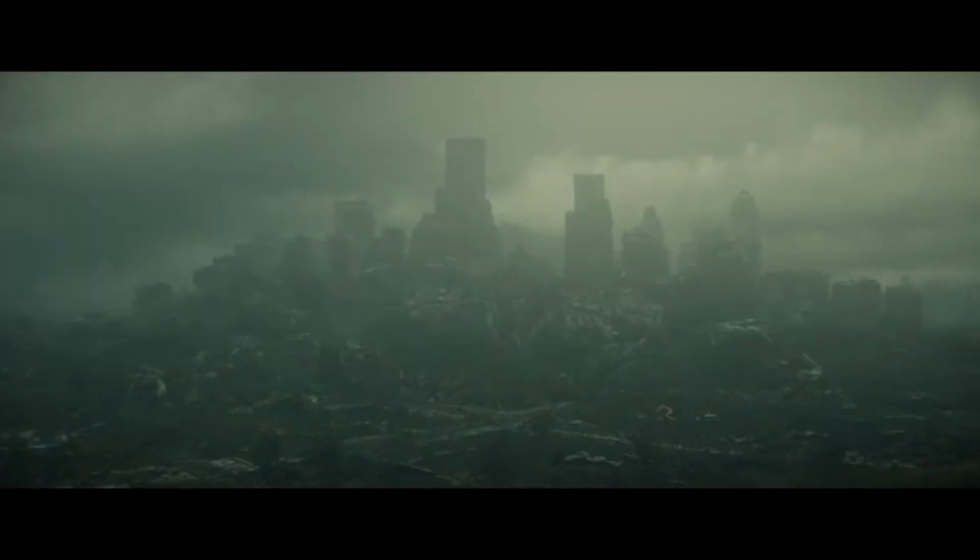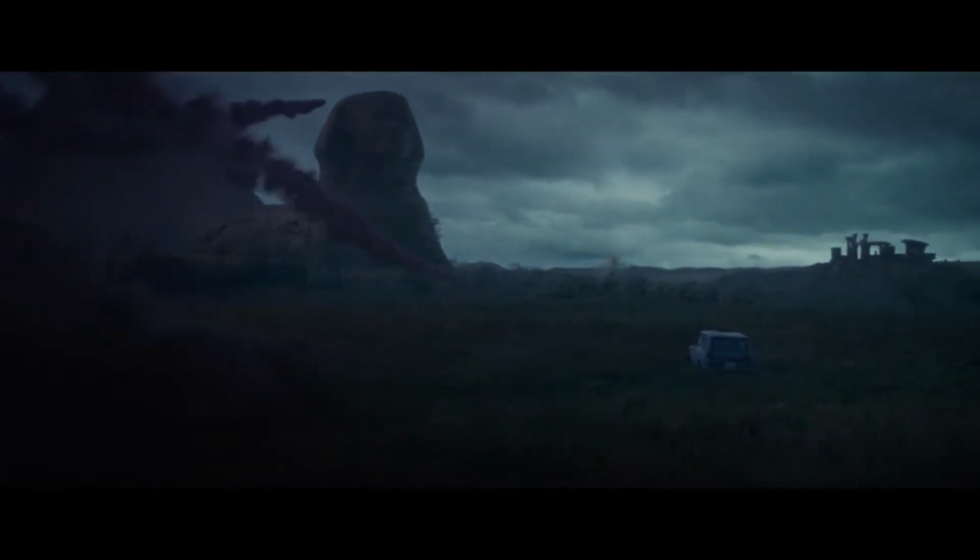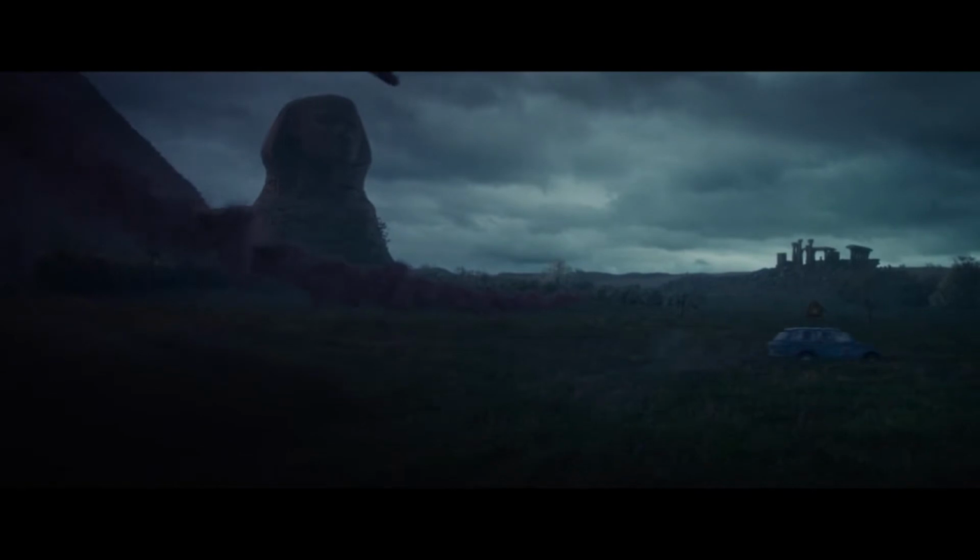And we also see Doctor Strange's Sanctum Sanctorum. So this could have been from some events that happened in Doctor Strange, or maybe it wasn't destroyed and it was supposed to be, and therefore that got pruned. But as Doctor Strange is about to deal with some Multiverse of Madness stuff, anything could have happened with that one, I feel like. And later on, we see the pyramids of Giza as well as the Sphinx, and